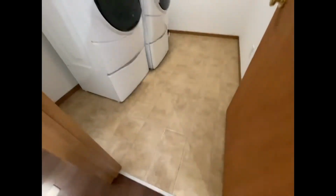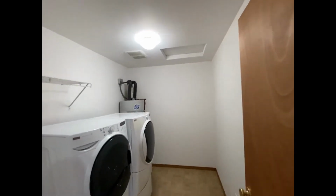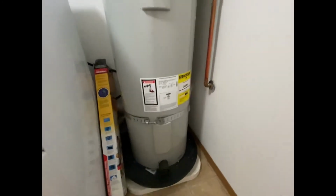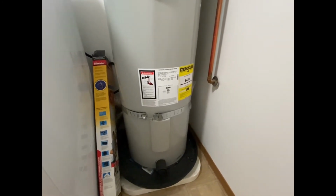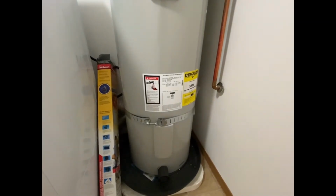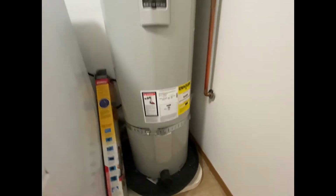Laundry room. This is a rolled vinyl flooring, scuttle access, water heater. The house isn't that old, so I kind of anticipate all of the systems to be probably original. I'm going to look for a model number here or a date, but I'm not seeing it. So